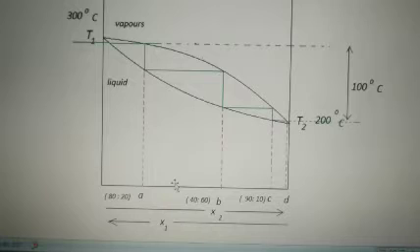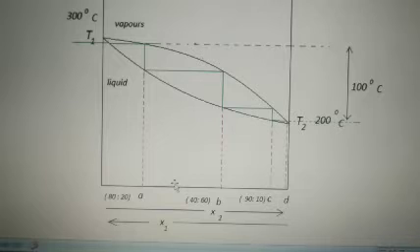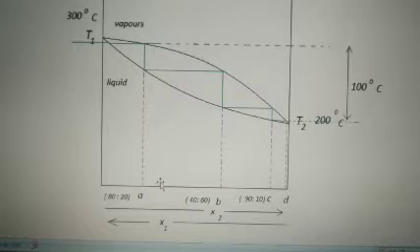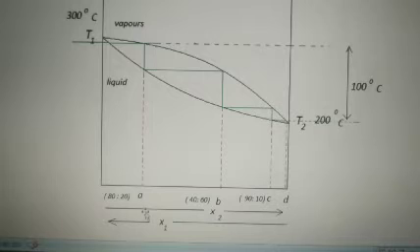If we know the percentage of one, by subtracting it from 100, we can calculate the other component. So if one component is 20%, the other component will be 80%. If one component is 40%, the other component will be 60%. So that is the bottom line, and how the mole fraction or percentage of one component is related to the other component.